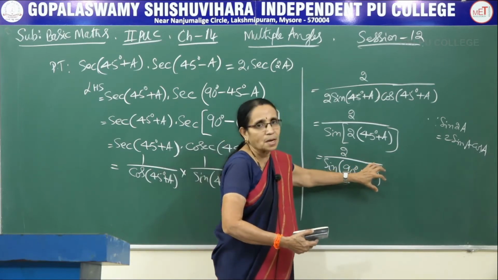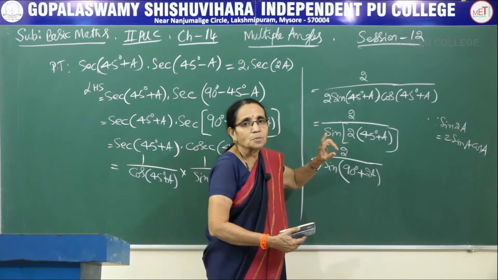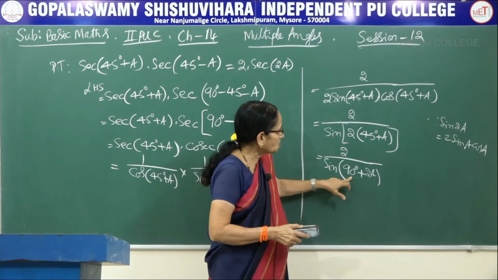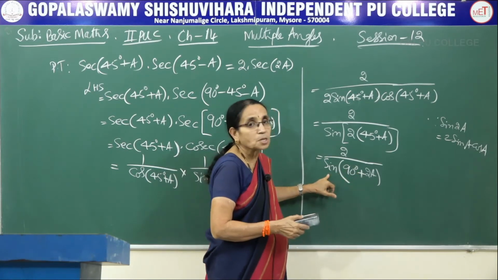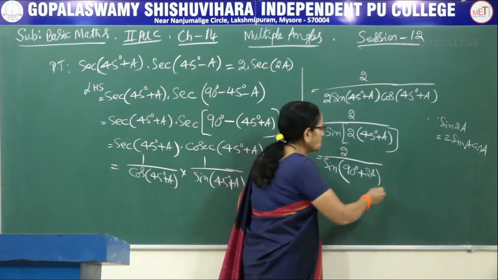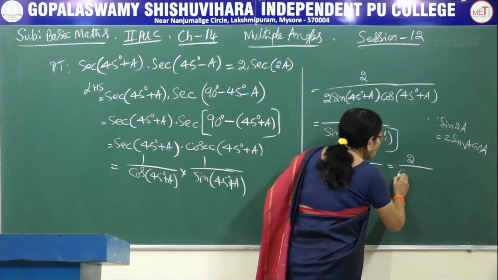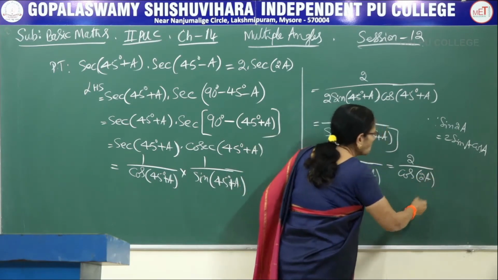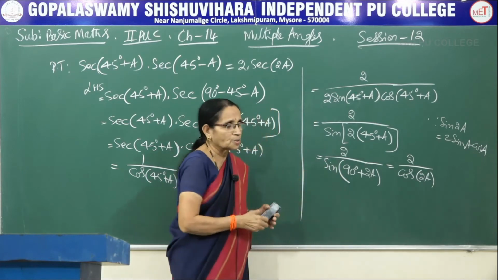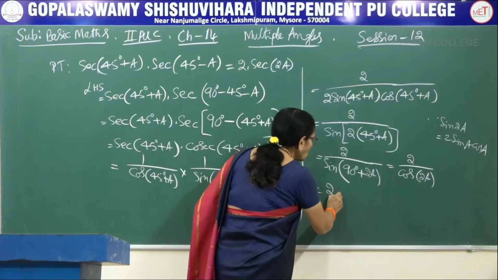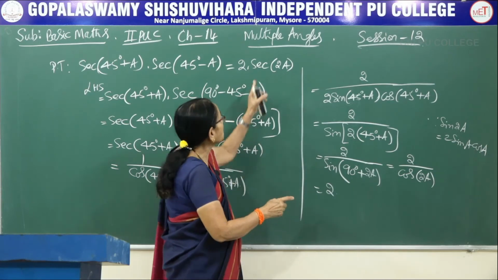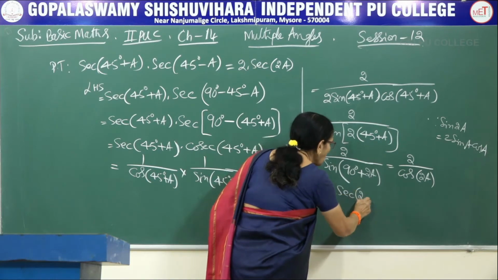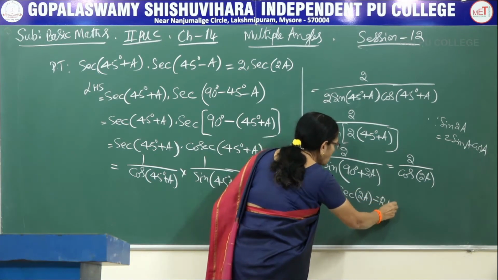Sin 90 plus theta. 90 plus something means it comes in the second quadrant where sin would be positive. First thing, because I am using that 90 plus something, sin would be changed to cos, the co-function. Therefore, I can write it as 2 divided by cos of 2a, don't take this 90. So, we have almost got the answer. Keeping the 2 as it is, 2 into 1 by cos theta is secant theta. So, 1 by cos 2a is secant of 2a. And this is nothing but the right hand side.